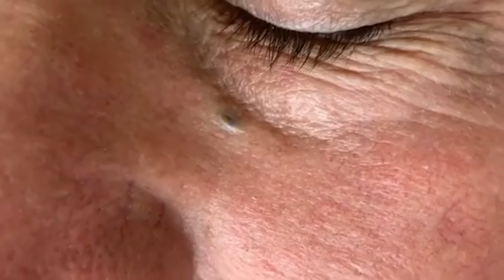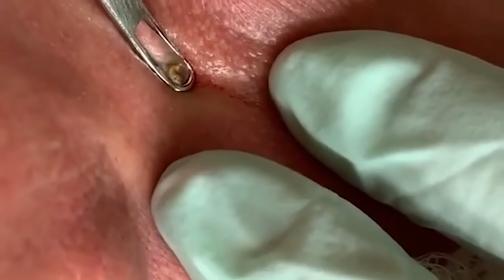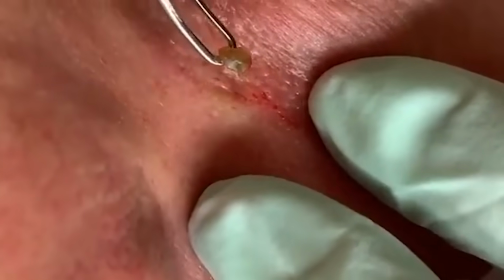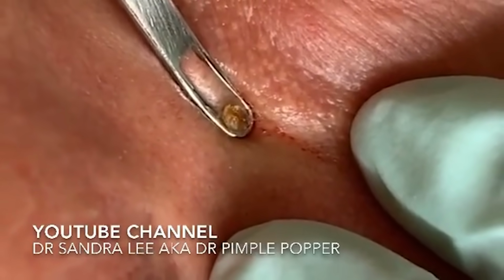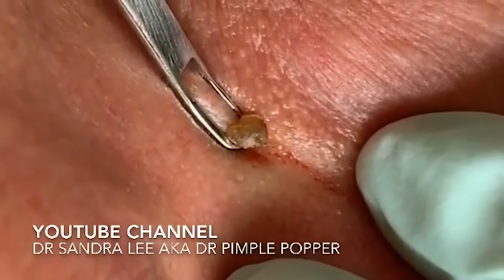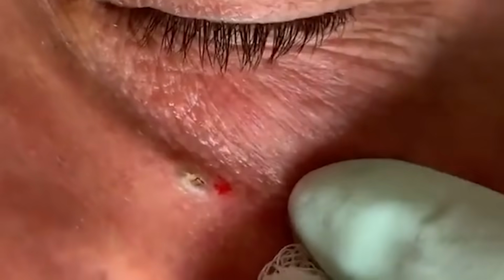Number 8. In Dr. Pimple Popper's new Instagram videos, she helped a patient with one giant under-eye blackhead. Dr. Pimple Popper goes in with her comedone extractor tool and comes out with the whole blackhead in a big blob. Her fans were so excited to see the return of blackheads. That's not all Dr. Pimple Popper had in her treatment room, though. Another patient brought in a